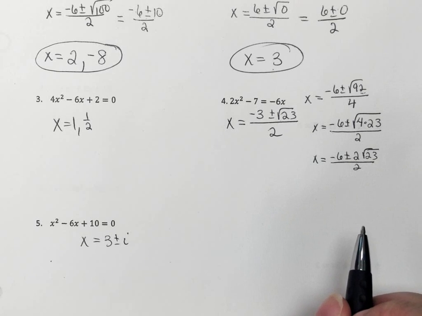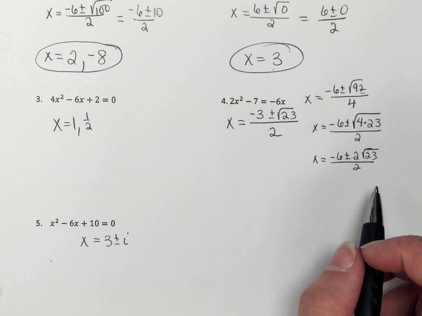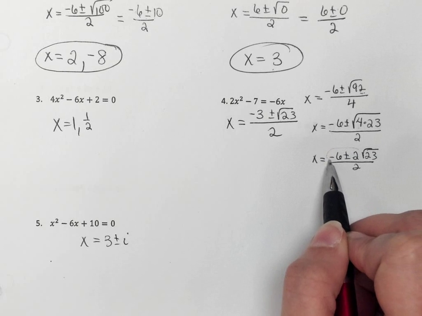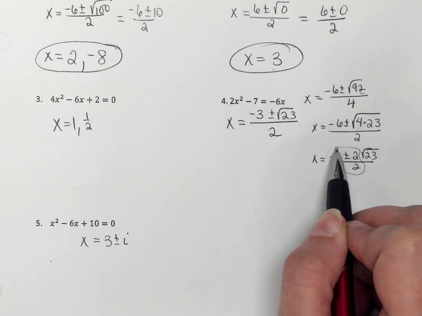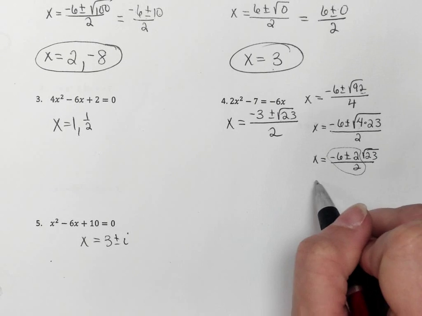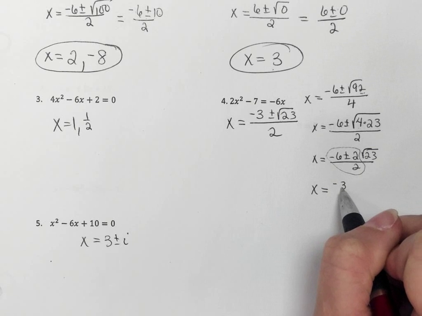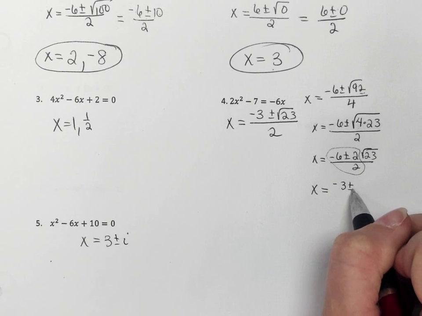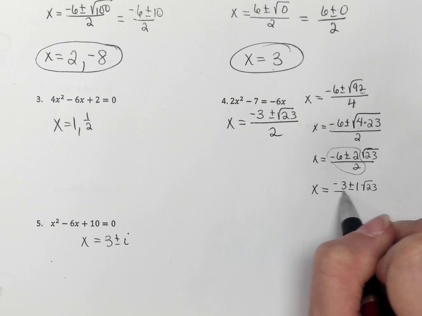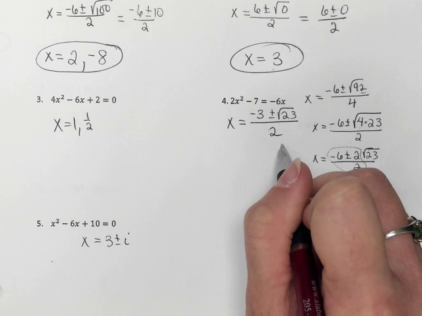All right, now look at all the numbers that are like. Do y'all remember this from Algebra 1 and from geometry? Yeah, well, you better because you did it. So look at all these ones that are like. What do I mean by like? I mean all the ones that don't have a square root, right? What are they all divisible by? 2. So what is negative 6 divided by 2? Negative 3. Plus or minus, what's 2 divided by 2? 1. Square root of 23. And on the bottom, what's 2 divided by 2? 1. And then that means my final,